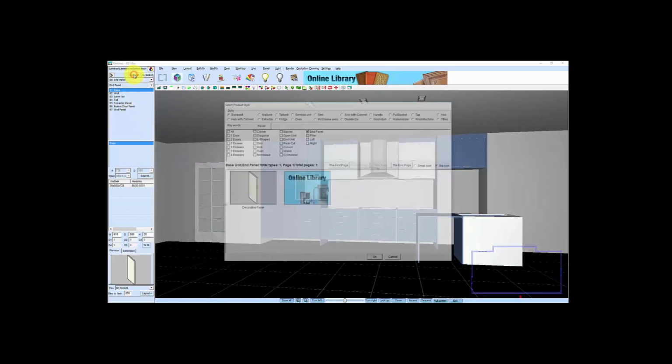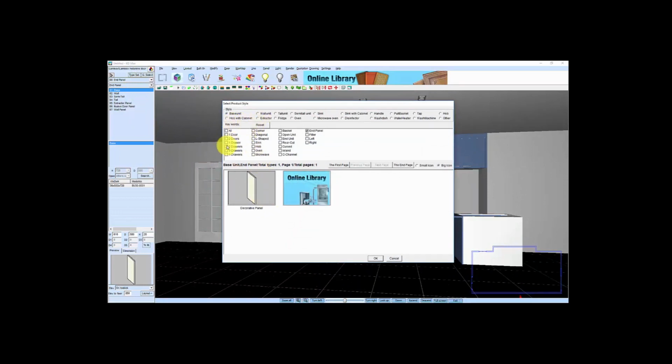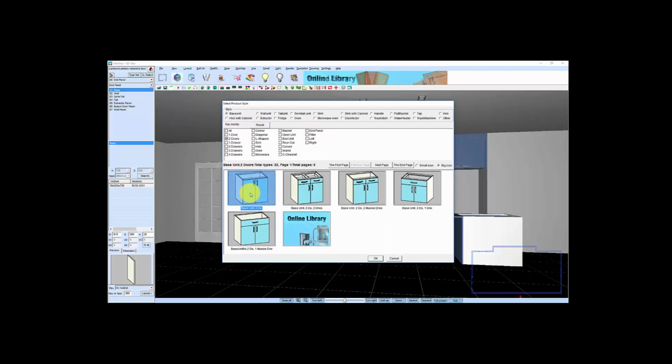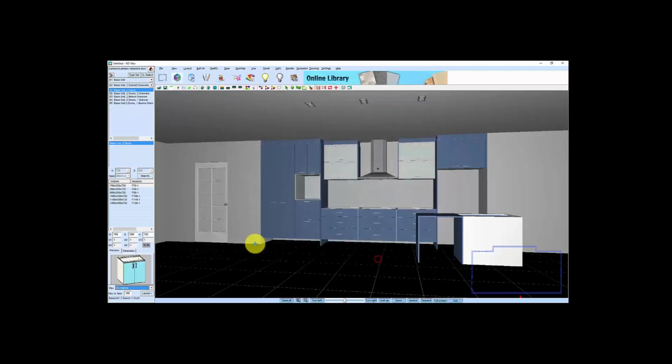From there, I press type select. What I'm going to do now is put in a sink cupboard. So I just want a 2-door sink cupboard. Press the end panel, press that, go OK. So the width of my cabinet is 800, the depth is 580, the height is 720. We'll press layout